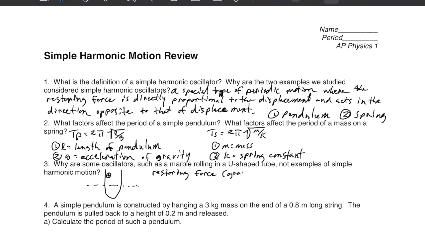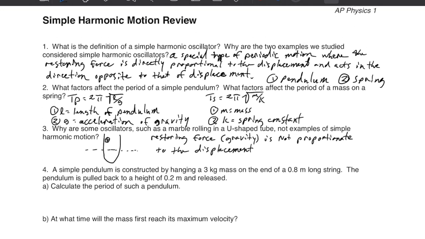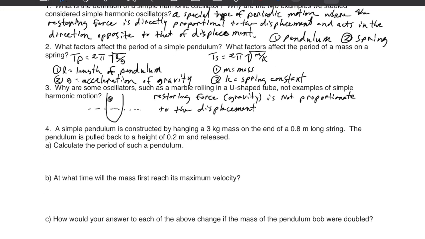equilibrium, but the restoring force isn't changing. It's moving vertical to gravity, and gravity's not changing. So the reason why it doesn't work is that the restoring force is not proportionate to displacement in this case. The restoring force, gravity, is not increasing as you roll straight upwards. It's only in that semicircle area where you're getting a different component of gravity. But once you get fully vertical, if you go any further, the restoring force won't be directly proportional to the